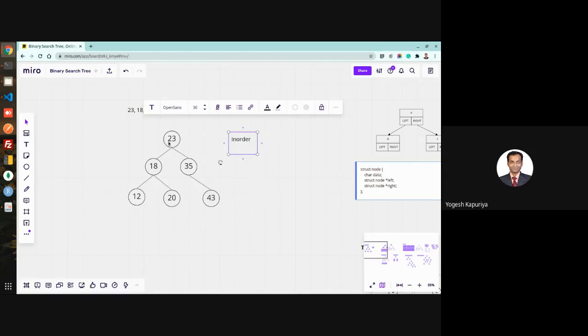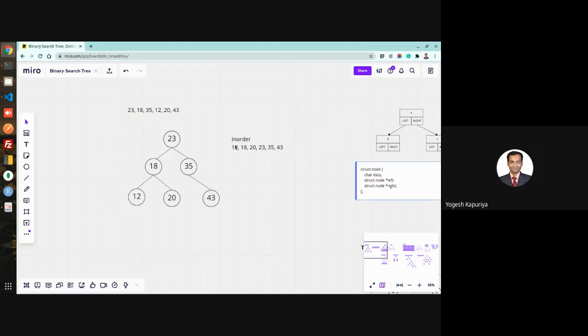So if you go for this, left, left, that means 12 will be the first value, then node, so 18, then right, so 20, then node value, so 23, then right and then node, so 35, and then 43. So this is in-order traversal.